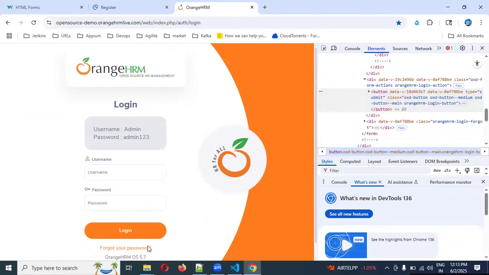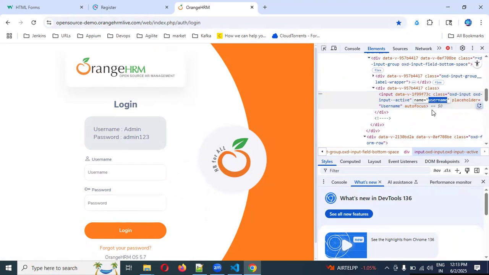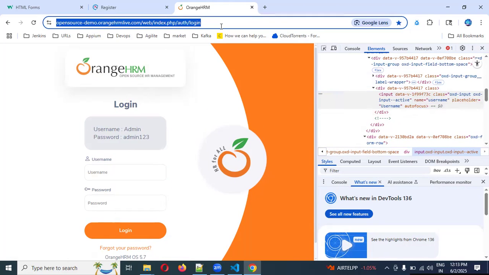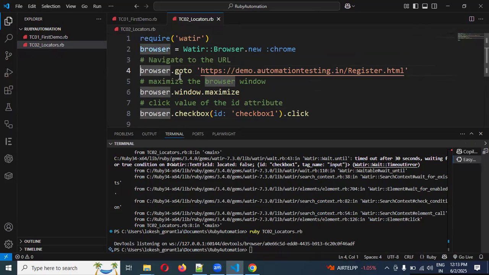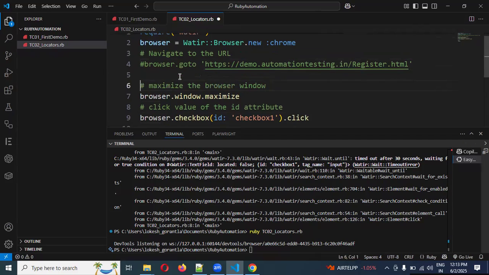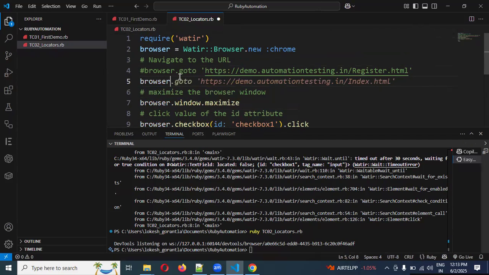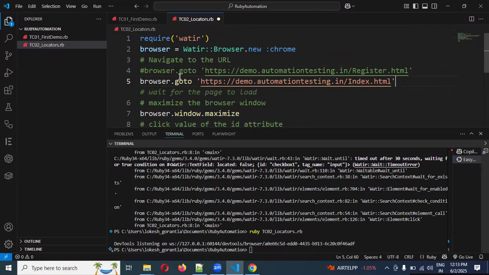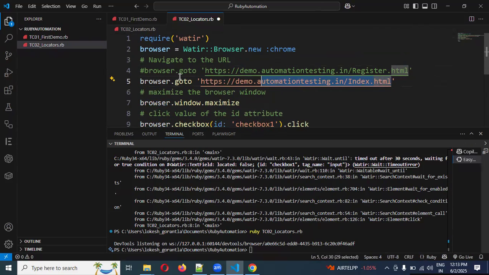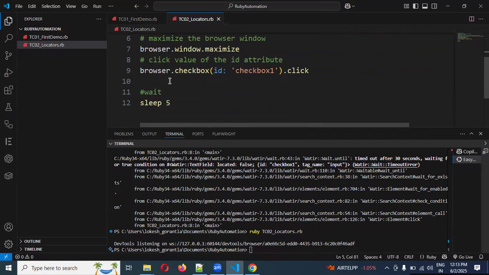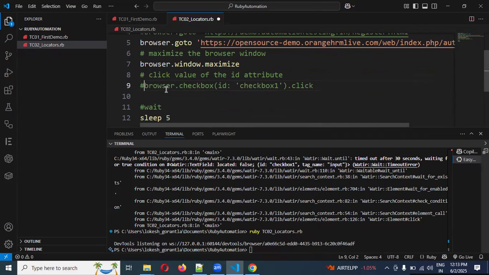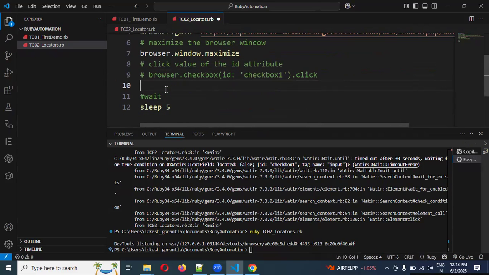Orange HRM. I'll take the Orange HRM. This particular one has a name attribute. For this one, I'll take this particular browser. Okay, I'm going to use it for the name attribute purpose. Okay, browser dot go to. Okay, I'm going to take the Orange HRM application. Now the ID attribute I'm going to comment out, and now I'm going to